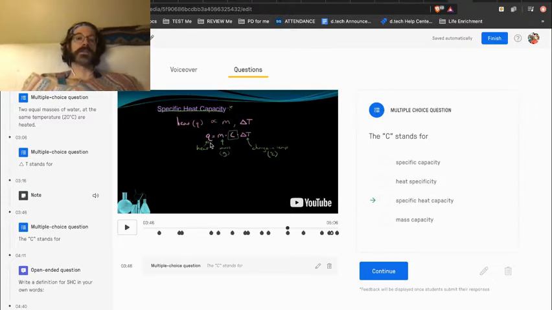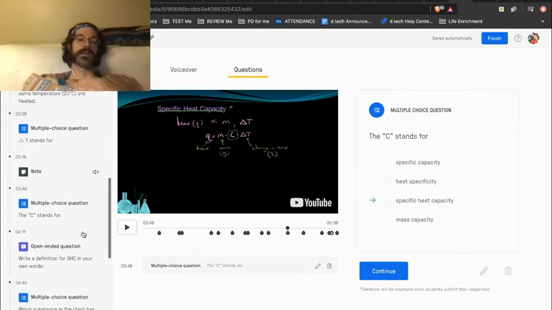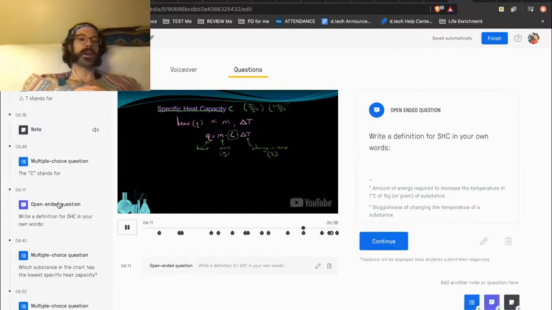Because in this equation, when we use the letter Q, it refers to heat. So the word heat should be involved. Okay. In terms of writing your own definition of specific heat capacity, a lot of you are getting the idea that